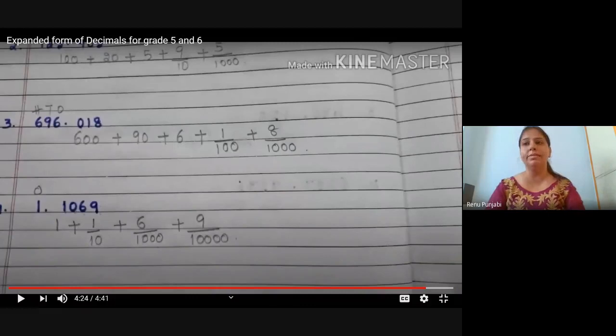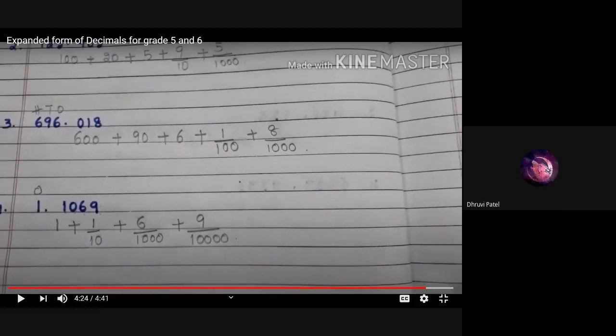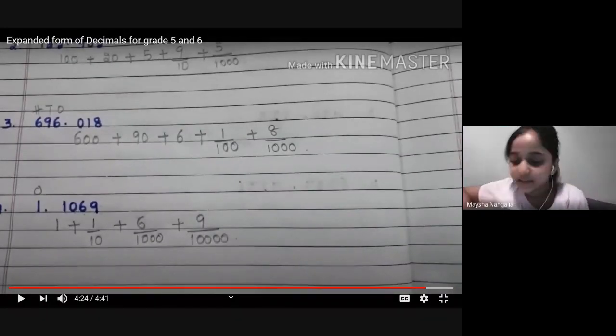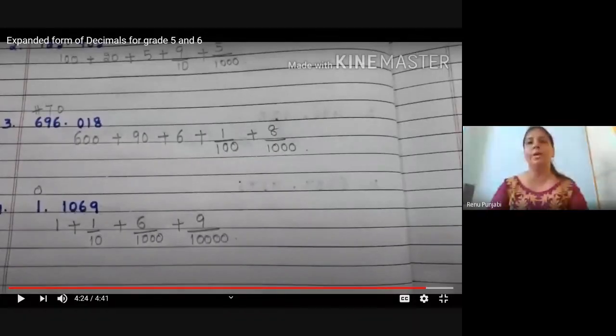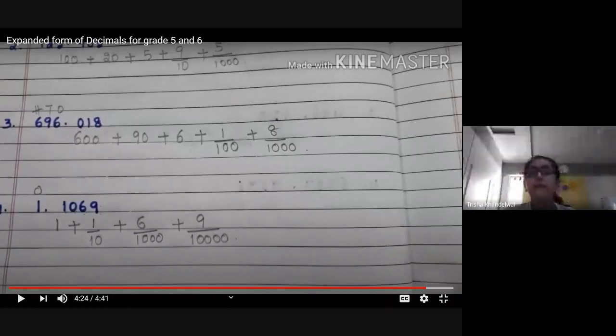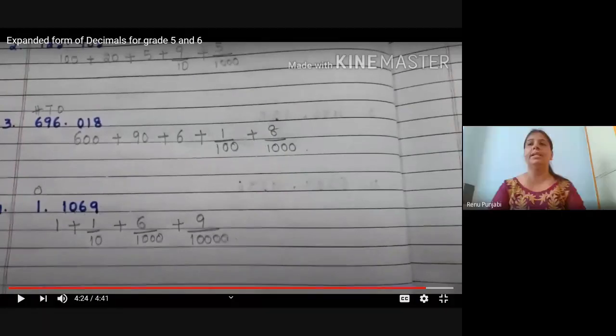And when it is particularly given which form you have to apply, then you have to do it with that form. But Renu ma'am, what is the first question? First question. Yes, I will scroll it. Children, when you all speak together, it will be a problem for me and also for you. Yes, Trisha, what were you saying? Wait a minute. Ma'am, what is the first question? Yes, I will scroll it and then you can write.